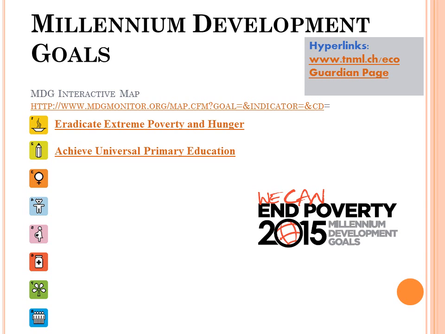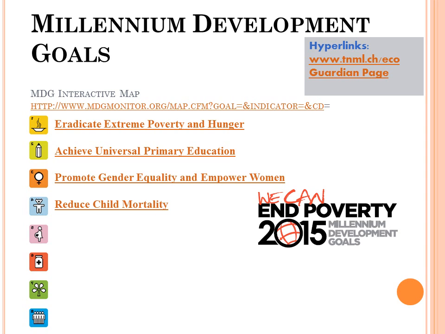Again, there's been some gains, substantial gains in reaching that, and also achieving gender parity in primary education, which is part of the goal. Gender equality itself and empowering women is another one of the Millennium Development Goals, and it's one of those vectors that you could talk about when you talk about measuring development as opposed to just growth. Reducing child mortality is the fourth Millennium Development Goal.